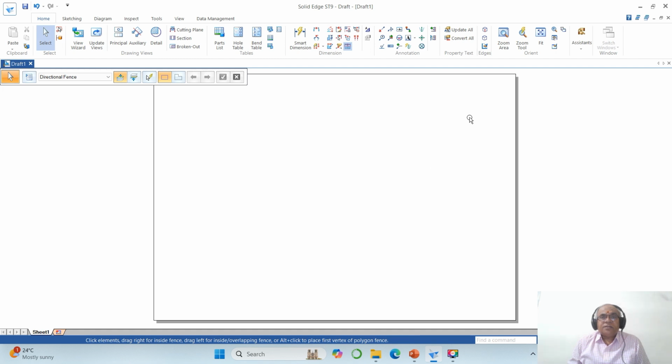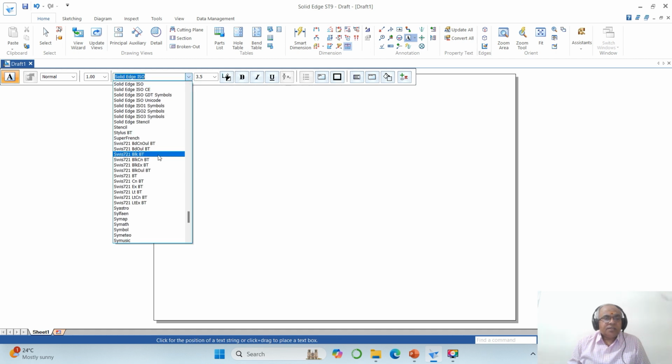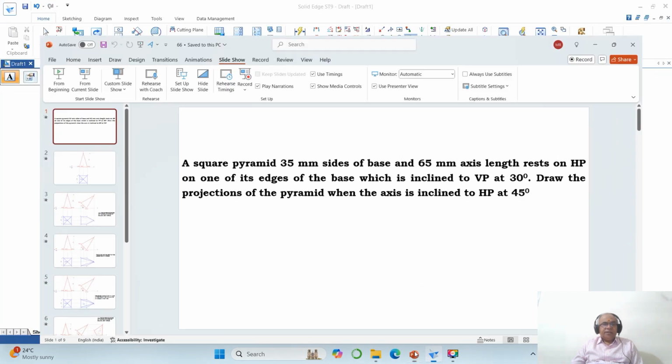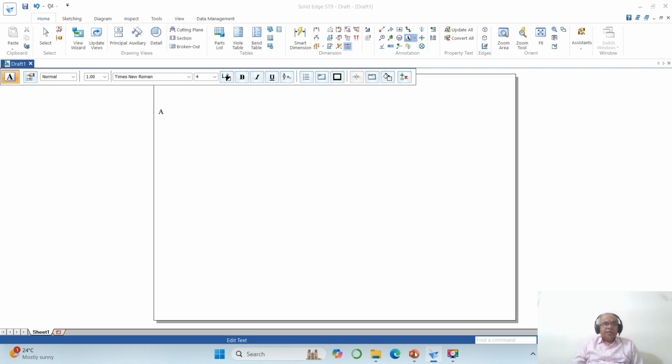To do that, first I will go for Text. By default you have Solid Edge ISO. You just come down to the combo box, select Times New Roman, and take the font size as 4 and enter. Now take the cursor here, click for the position of the text string, and now we start typing the problem. A square pyramid, 35 mm sides of base,